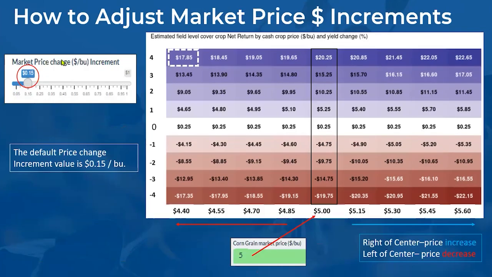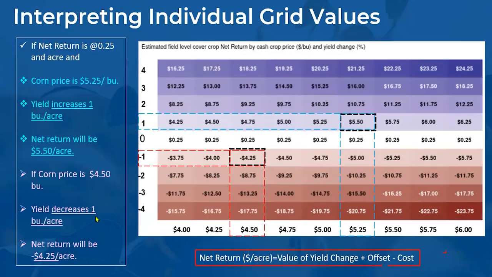So for the market price change increment slider, it will go from 0 to $1, and the default is 15 cents. So here you can see if your grain market price is $5, that will show up in the center column of the grid, and it will go up in 15-cent increments and down in 15-cent increments based on your slider choice. Now, to read the grid, if your market price goes up to $5.25 and you have a 1